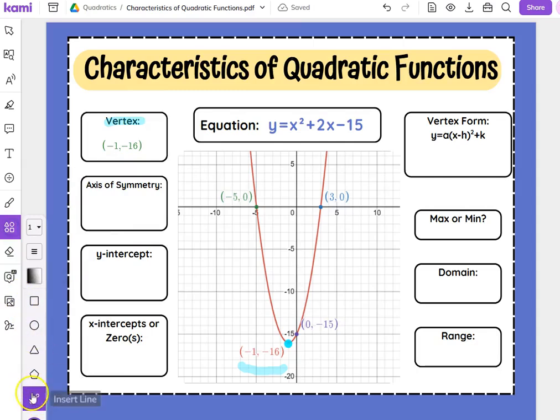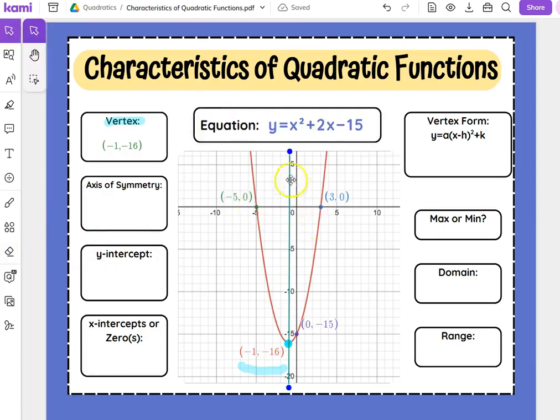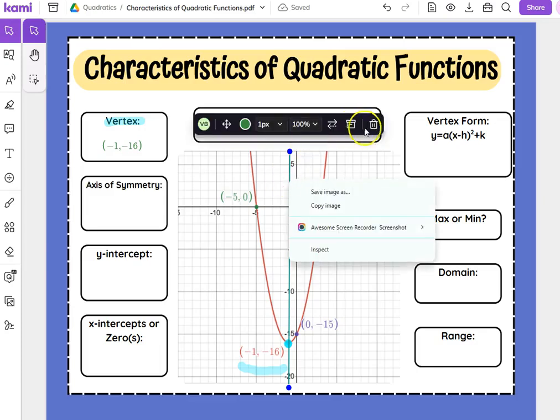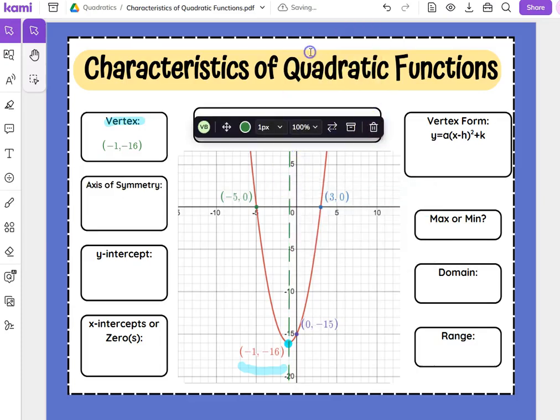There is a line that comes through the middle of our graph through the vertex. Okay, it's a vertical line through the vertex. This line is generally a dotted line. So our line is going to be a dotted line or a dashed line, and it is the line